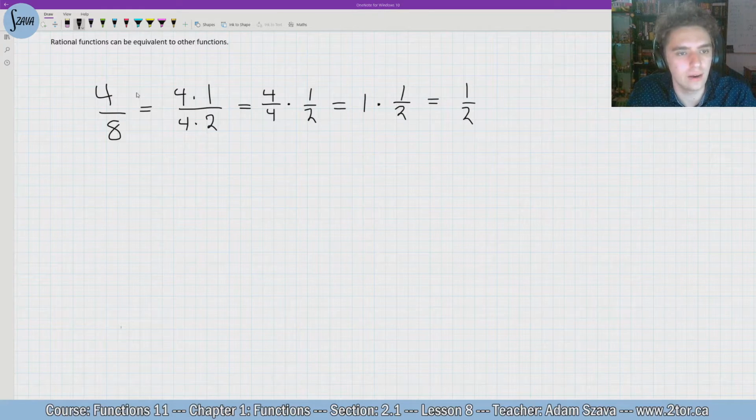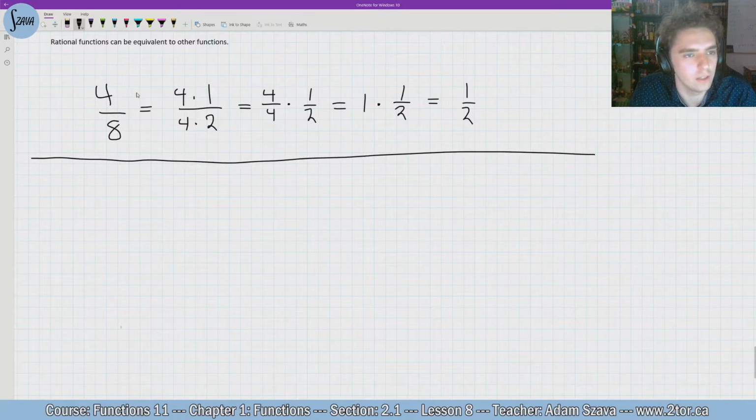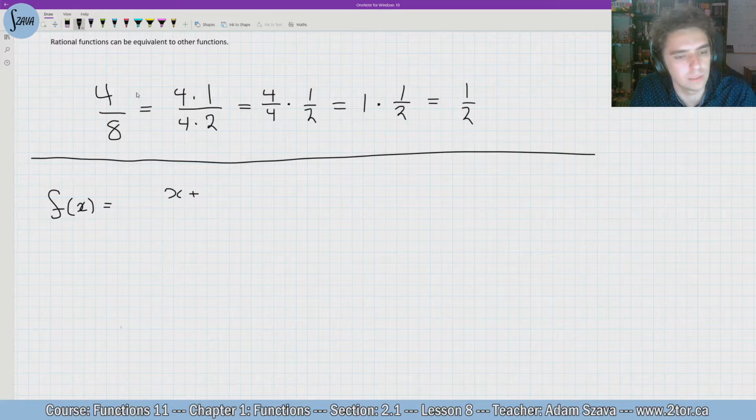Okay, so just like how in this fraction here, we can cancel out the 4 and the 4, which is how the simplification works, and again, like I just explained, that's done by the fact that we're really just multiplying by 1 here. When we work with rational functions, we're going to have the exact same property. So if I look at, for example, the function f of x equals x plus 1 over x plus 1,